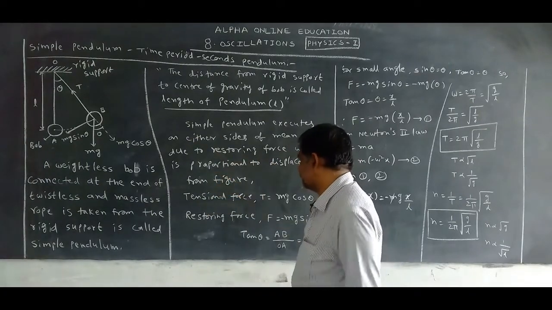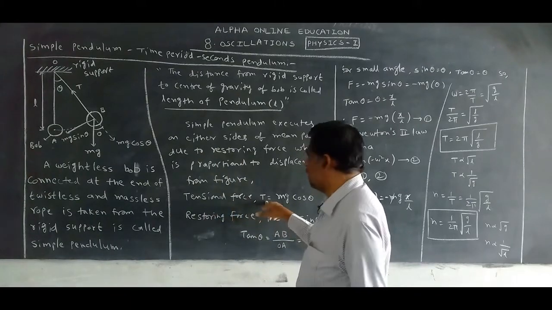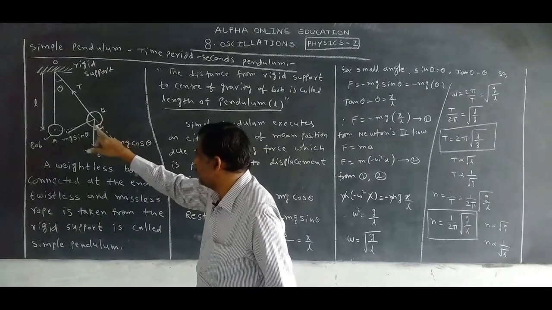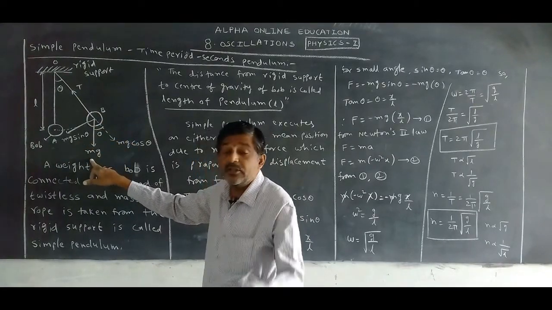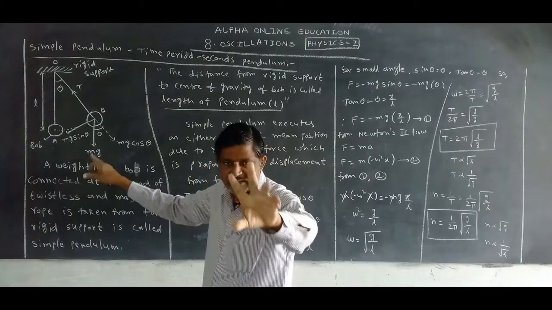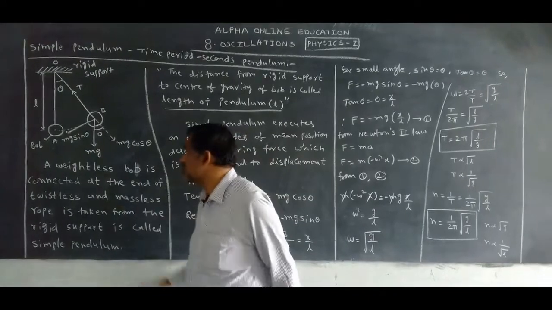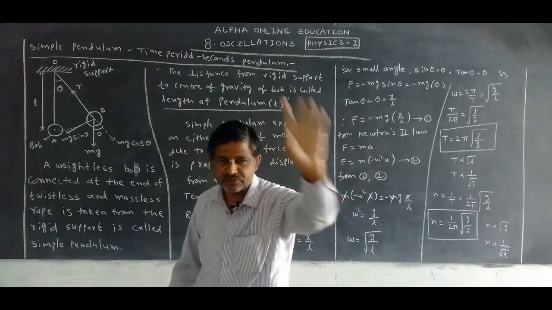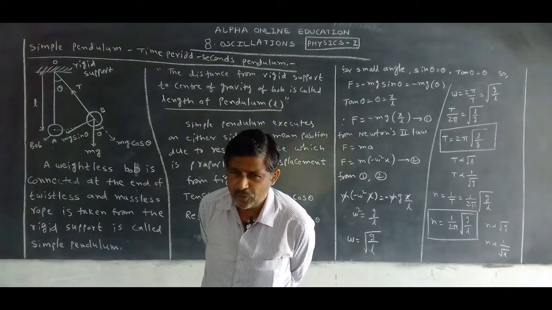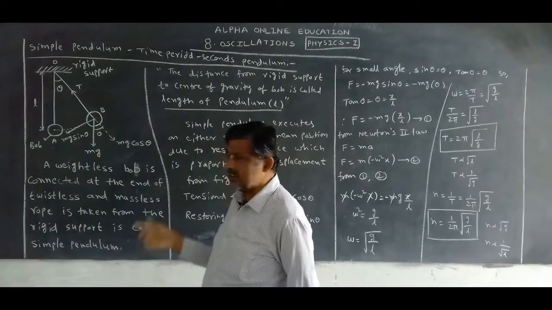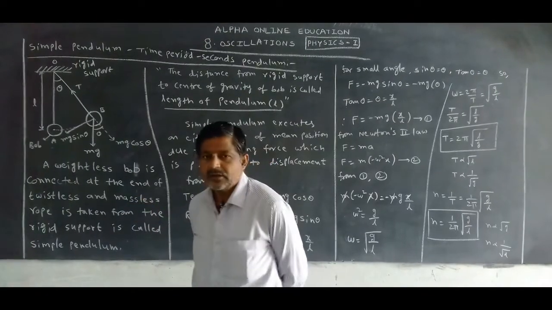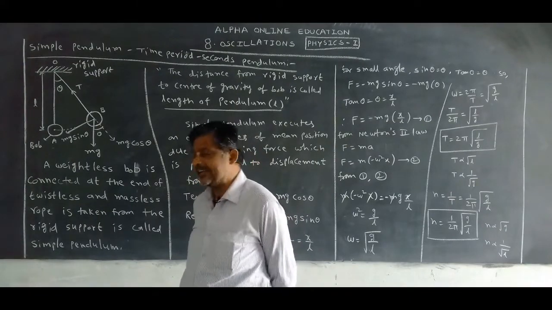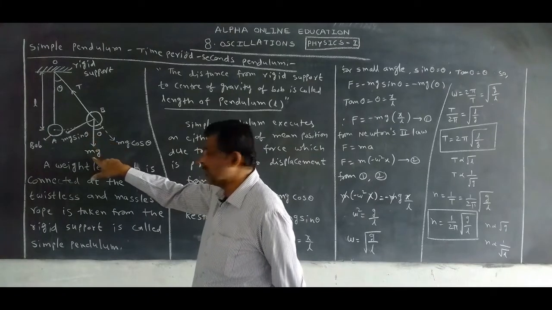Okay, see the figure. From the figure, tensile force T is equal to mg cos theta. This is the bob. This bob's weight acts in this direction. Weight is a vector. A vector is resolved into two components, one horizontal component and another vertical component, that we studied in the 4th chapter. Vectors are resolved into how many components? Two. One is the horizontal component, another is the vertical component. Horizontal component is expressed by cos theta. Vertical component is expressed by sin theta. That's why here, what is the horizontal component of the weight?